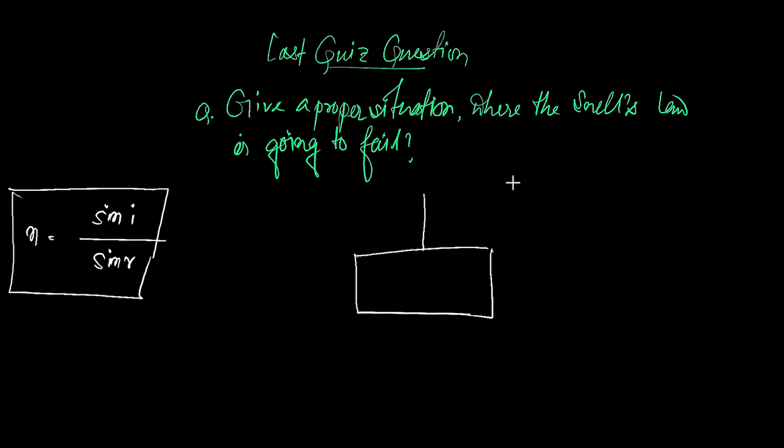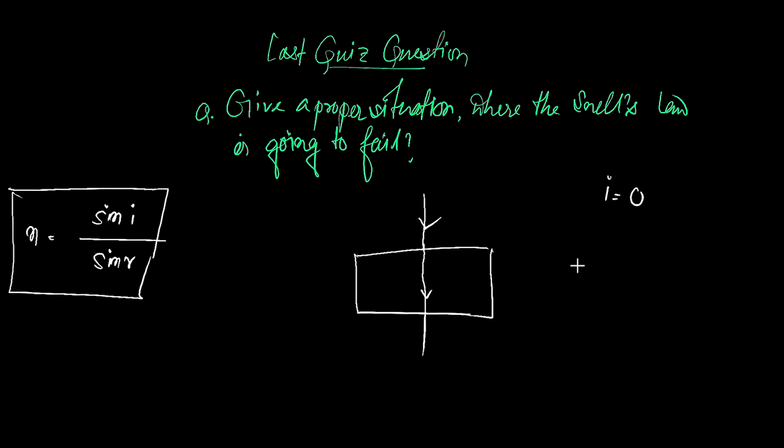If the ray is incident normally, what is going to happen? This is going to be the incident ray. That means the incident ray makes a 0-degree angle with the normal, so the angle of incidence is equal to 0. Once the angle of incidence becomes 0, that is, the ray is incident normally, the ray will pass through the glass slab undeviated. That means the ray will pass like that.